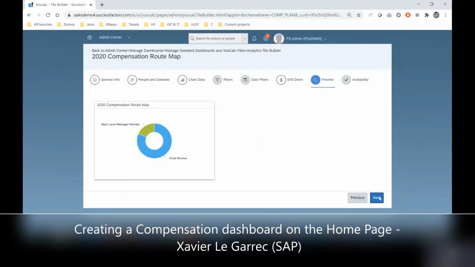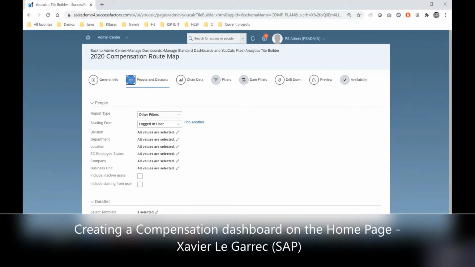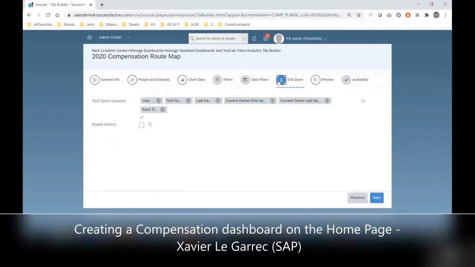And next, you get a preview of your dashboard. If you get a message that says that there is no data available for visualization, then it means you have made a mistake here. Or it can also mean that the form in People and Data Set you've selected does not have any worksheets created. Or it can also mean that the worksheets are all completed, in which case the dashboard will not show any data. If you go back to drill down and click Next,